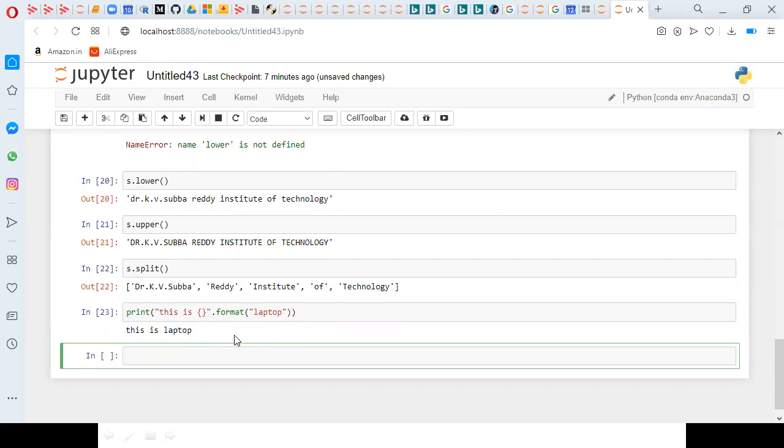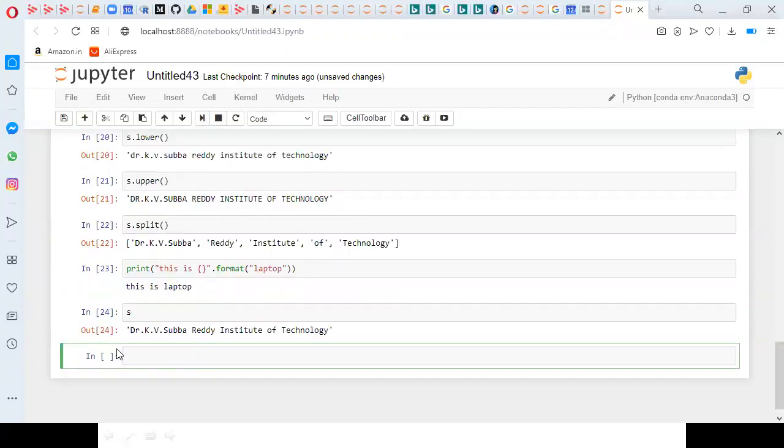Same, for example, if I want to display some Python variables, for example, I have s, which contains Dr. K.V. Subba Reddy Institute of Technology. I want to display the value of s in a print statement. Simply I mention print, my college is. Here, before that you mention f without any commas, like that: print f, my college is, within curly braces mention s. When you execute it, I will get, my college is Dr. K.V. Subba Reddy Institute of Technology.